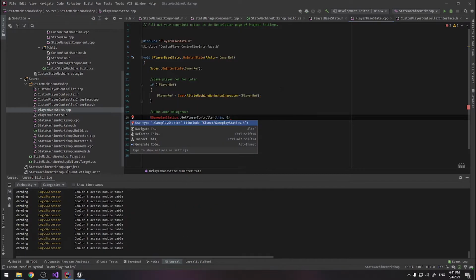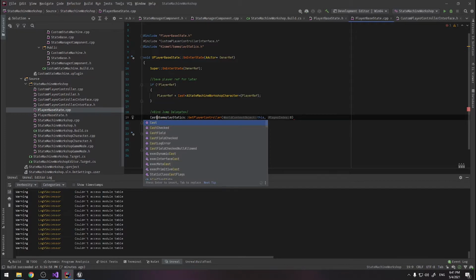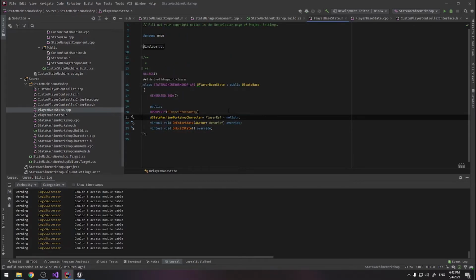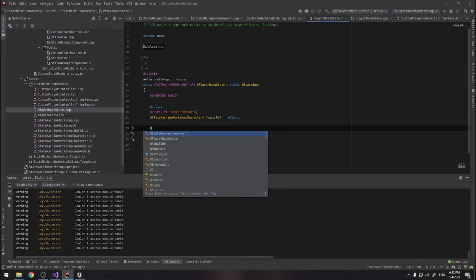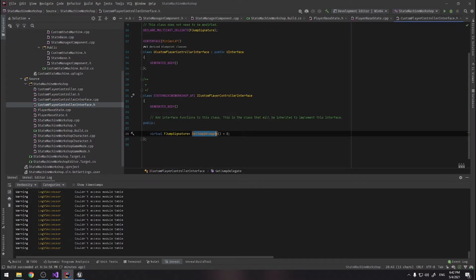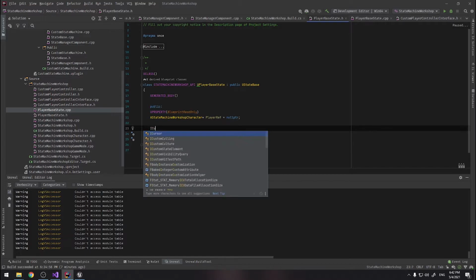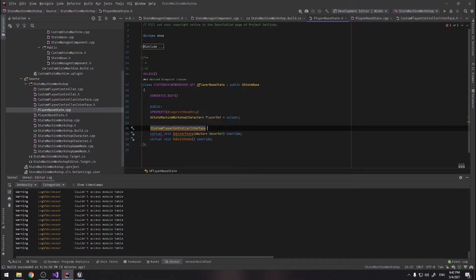and we're going to include the file over here, and we're going to cast this to custom player controller interface, just like this. And now you can even add another property. Well, not a U property because interfaces can't be U properties, but you can add, actually not U, it's going to be I. My bad. So it's going to be something like I custom player controller interface player controller, just like this. I'm gonna do it like a null pointer, and then